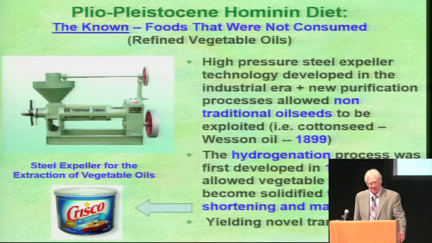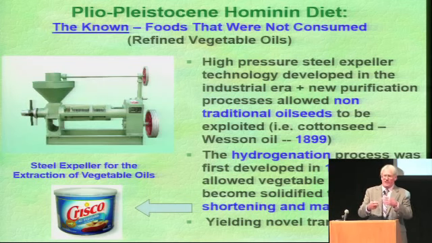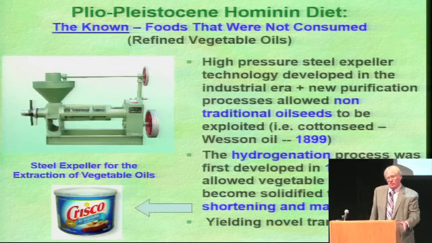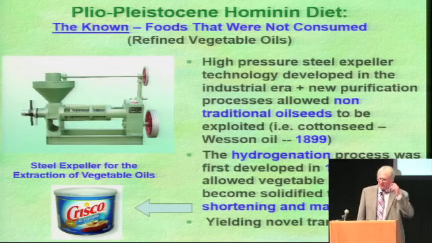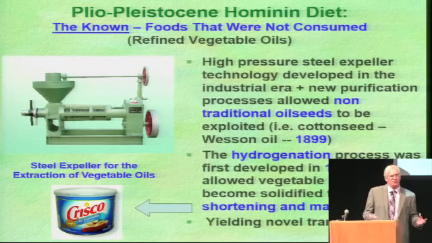This is a steel expeller, and it creates an enormous amount of pressure, and it can extract oils out of seeds that you eat, like corn. Corn doesn't seem like it's an oily food, but it can extract oil out of them, and then by using purification procedures and solvents and so forth, you can get all of these non-traditional oils and put them into your diet. The hydrogenation process was invented in 1897 so that we could harden them, turn them into margarine and other